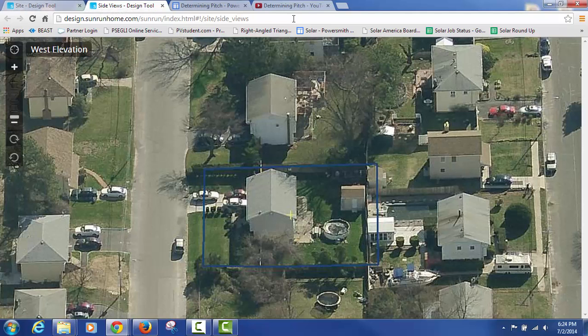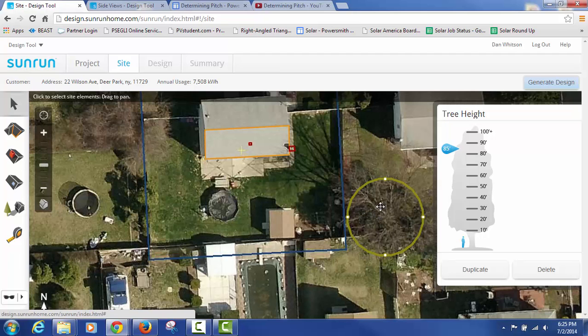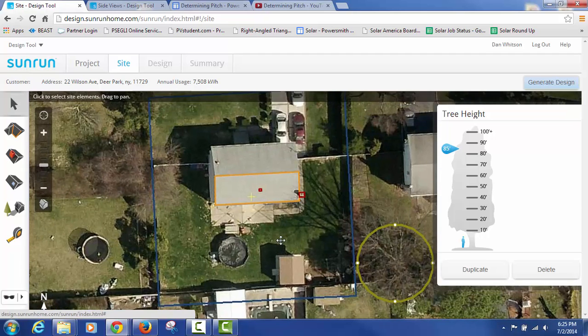So that's at least 60, but whatever you think it is, I would add another 10 or 15 feet to it. So let's say I thought that was 70, I'm going to go with 85 to be conservative. Because if we propose to the client that it's only a little bit of shading and it ends up being a lot, then that's a problem for us. But if it's less shading than we thought, then we should be good.